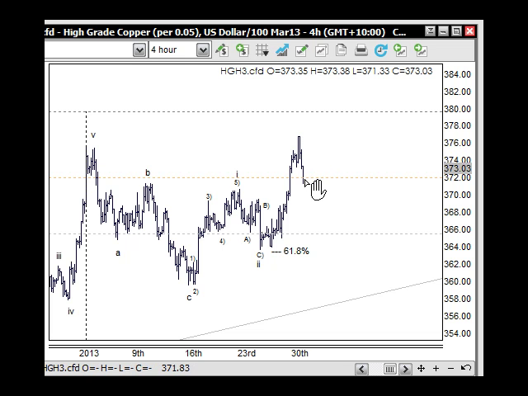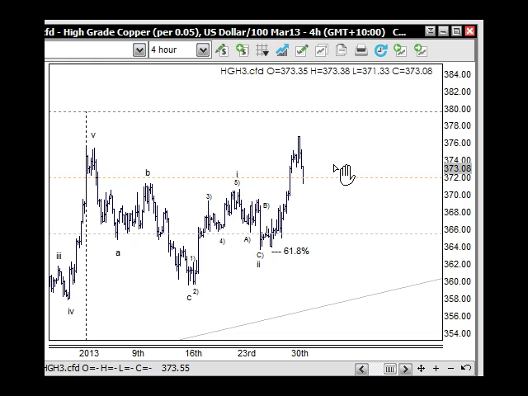This move down through here, if it's in 5 waves, then we know that we'll get a 3-wave counter trend and then another 5 down. If it's in 3 waves down, well, then it can go make a new high straight away, or the 3 waves could be part of a triangle, which is very common in wave 4s,